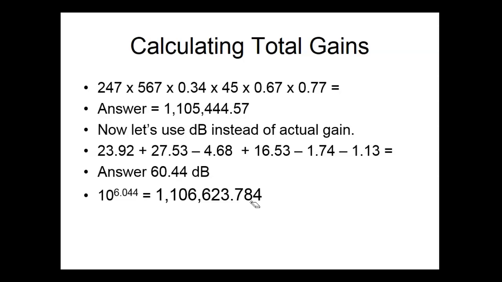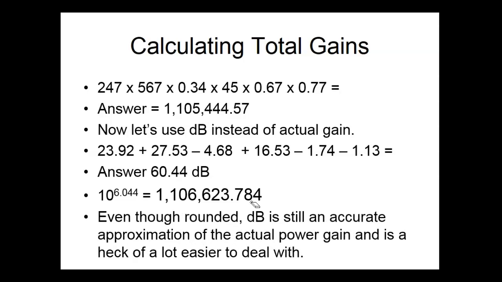So gain is positive and attenuation, yeah. So you can do that. So if you take the log of a fraction, it will always give you a negative value. Even though rounded, dB is still an accurate approximation of the actual power gain. So I can see a dB. So we know powers of 10, right? So I think